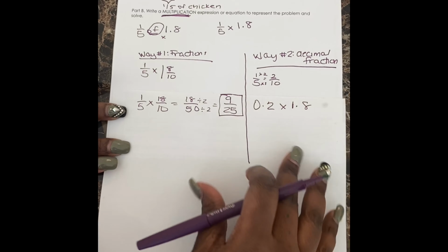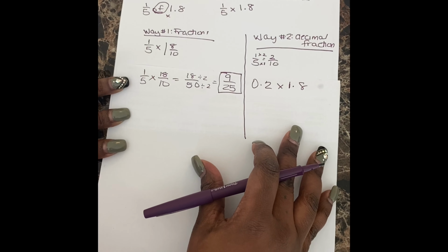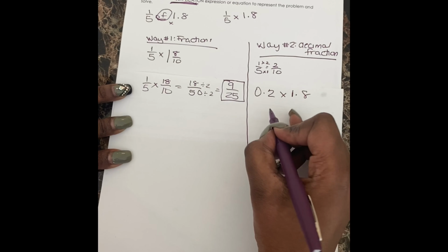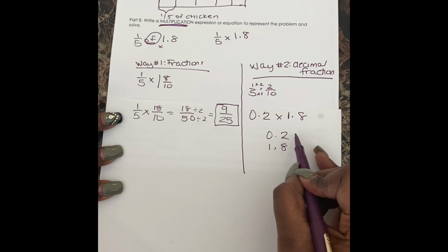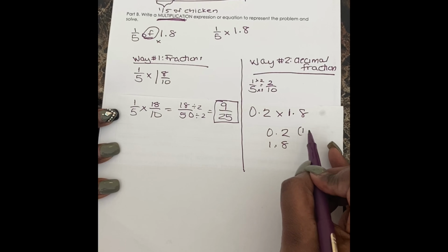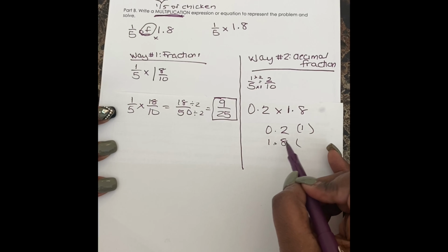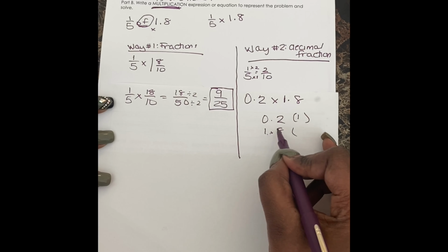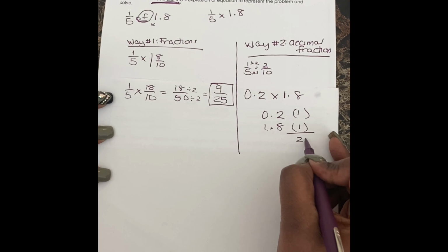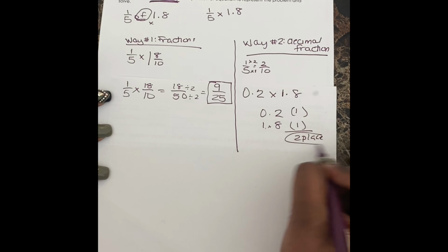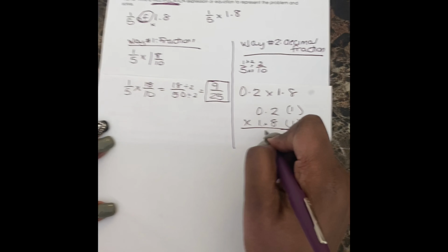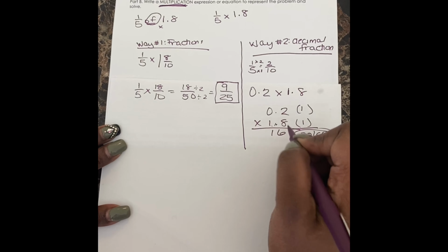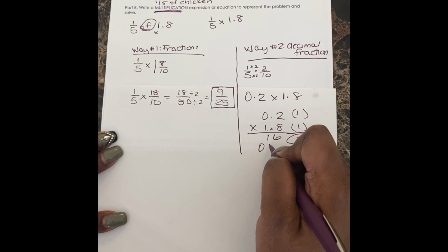8/10. In our previous lessons, we worked on multiplying decimals. So we'll do the same here using our standard algorithm. There's 1 digit behind our decimal point, so we have 1 here. There's 1 digit behind our decimal point in 1 8/10, so we have 1 here. At the end, we know we need to move our decimal point 2 places. So here we go. Let's multiply. I'm just going to simply do the multiplication for the sake of time. On your paper, you are going to work out the